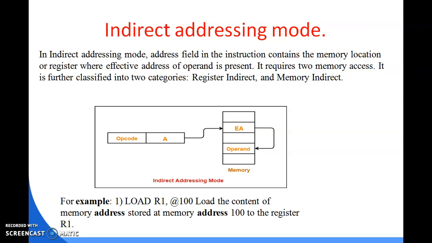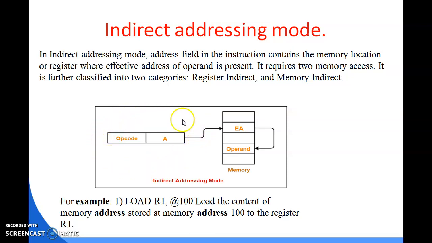But in indirect addressing mode, let's discuss, this is the memory area: one location to store the actual data, and one location stores the address of that location where the actual data is stored, which is not the effective address. Clear? Now, where is this address of the effective address stored? Within this area where the operator is stored. Clear?